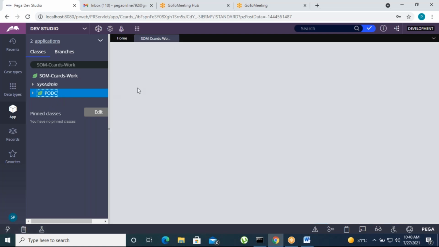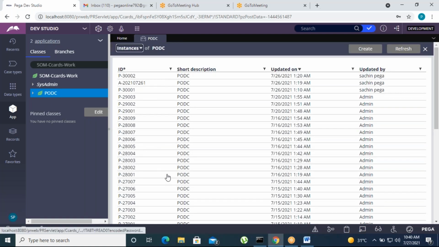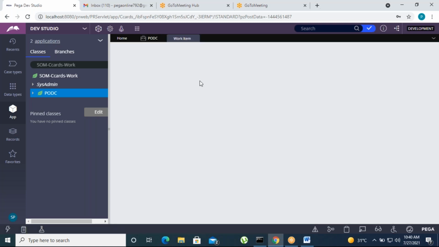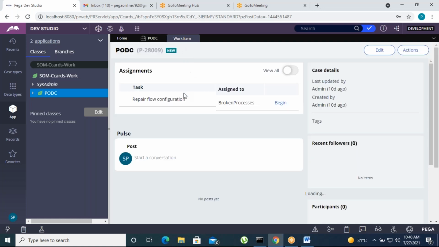Inside the case, how many case IDs we created, and these are all case IDs. Suppose I want to retrieve some particular case ID, 29003. Suppose there are 10 customers per day creating new accounts in the online account opening process. For each and every customer, one case ID will be generated. So a bank operator is going to retrieve the customer record based on the customer ID, case ID, or request ID.